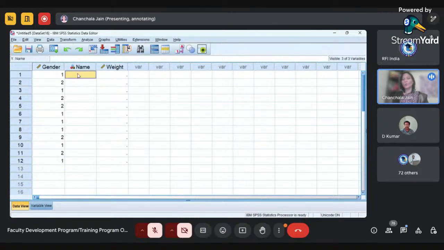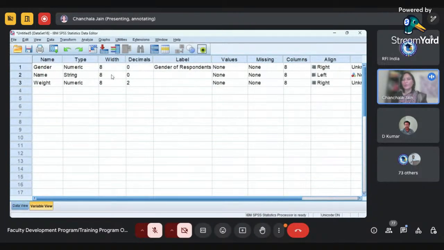Name, suppose I am writing. Now you can see the restriction. My name is, although people are calling me Chanchal, but officially my name is Chanchla. So I have written here Chanchal. I am trying to press A, but it is not taking. I think you can hear the sound once you are doing something which is not permissible by the software. It is giving you some error type of sound, right? I can hear that sound because I am trying to enter the 9th character here, which is not accepted by the software. So the reason is what? Here in the name you can find width is 8 only.